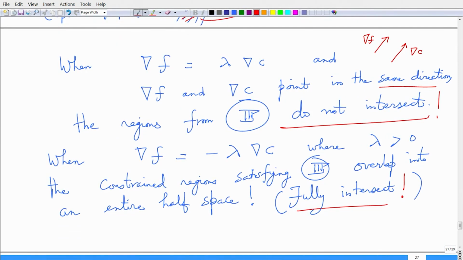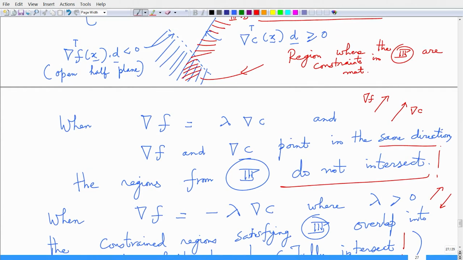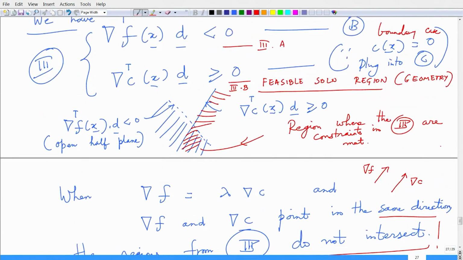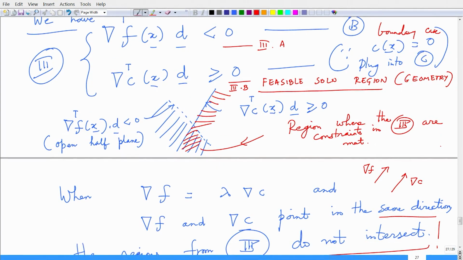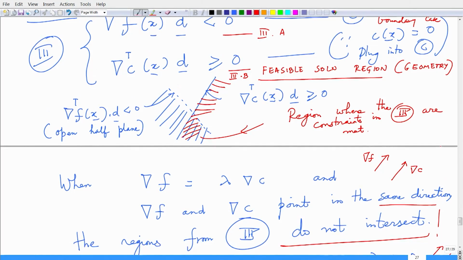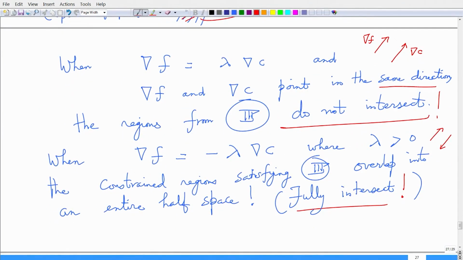So, let us look into the other case. When del f equals minus lambda del c, that is, they are pointing in opposite directions, I think this cone will help you visualize. The first constraint tells me that del f dot d is less than 0. The other condition is a flip of the inequality, which again says del f dot d is less than or equal to 0 by folding this lambda out there. So, basically when del f and del c are in opposite directions,